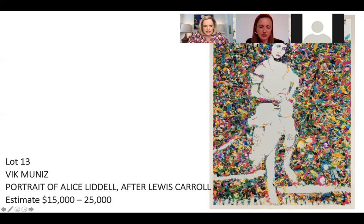So Muniz is a Brazilian artist who is incredibly prolific, and there's no series that isn't creative and doesn't spark conversation and that you don't want to have hanging on your wall, frankly. Here we have, as you said, Jennifer, teeny tiny little toys that have been laid out in the form of a very well-known iconic image of Alice Liddell taken by Lewis Carroll. So again, another photograph by a photographer who is looking to other artists' work and incorporating that imagery